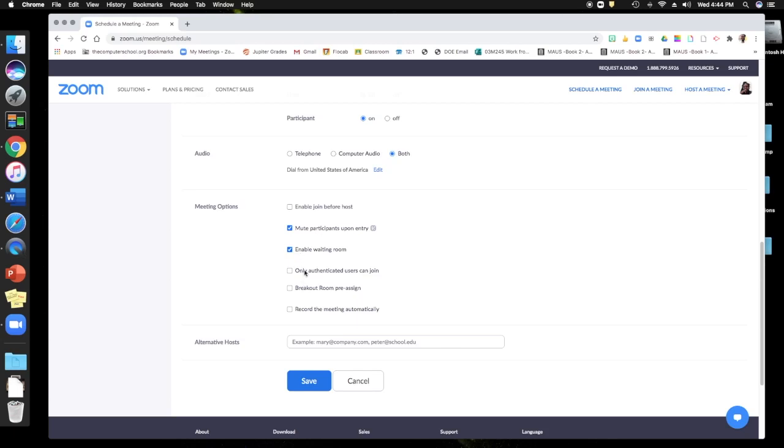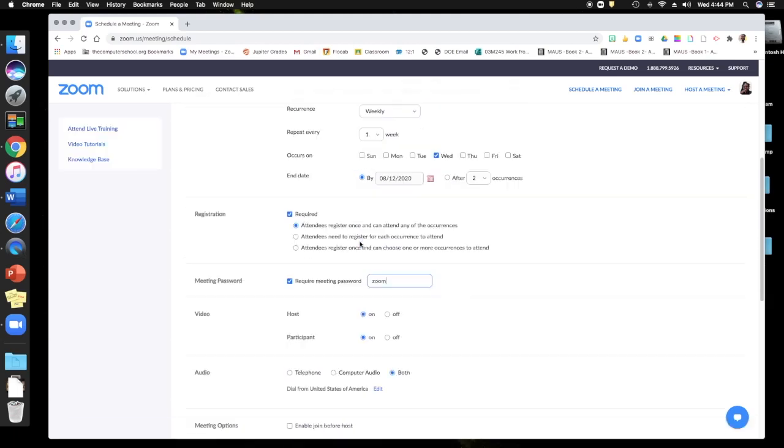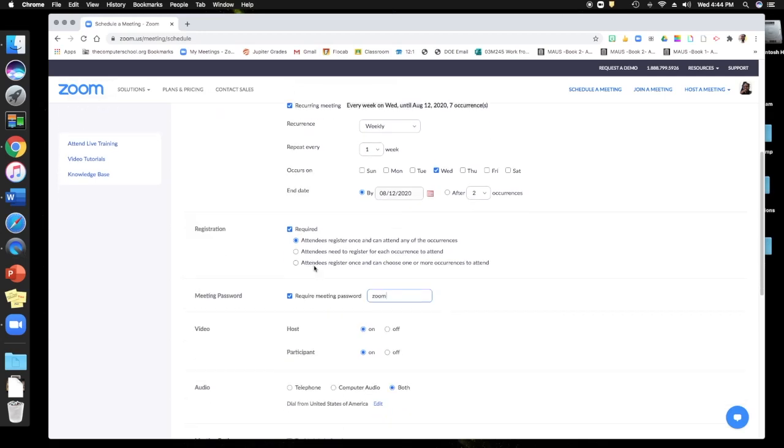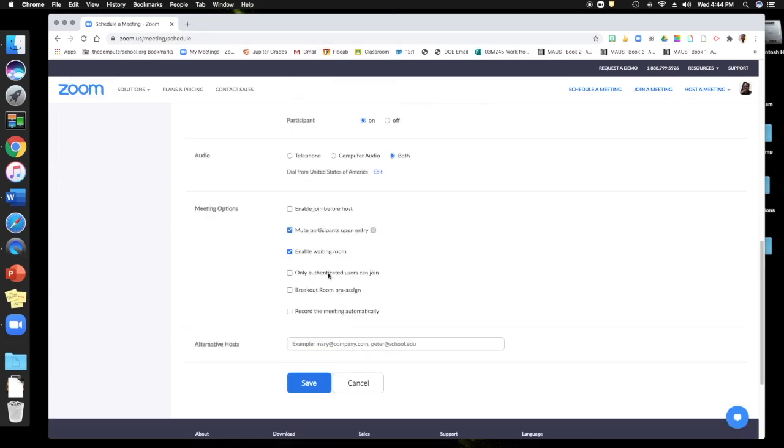And then these two, only authenticated users can join. So for instance, if you say that people should register, then that would mean if you didn't register, you can't sign up. I'm not going to click that. We want people to be able to come in at all times. Breakout room pre-assign, we're not going to do that as of yet either, but I will go through breakout rooms